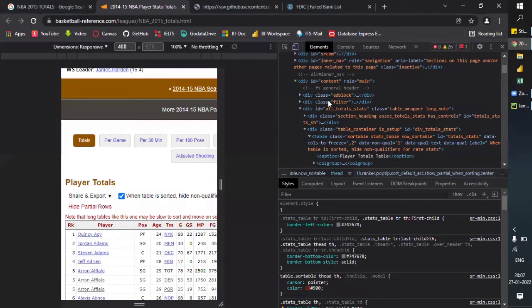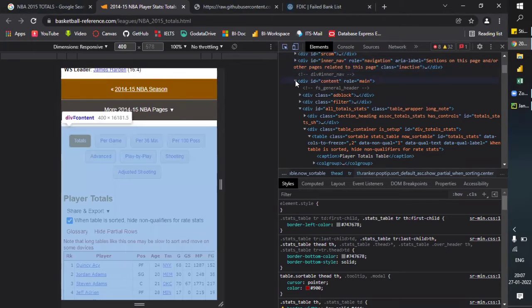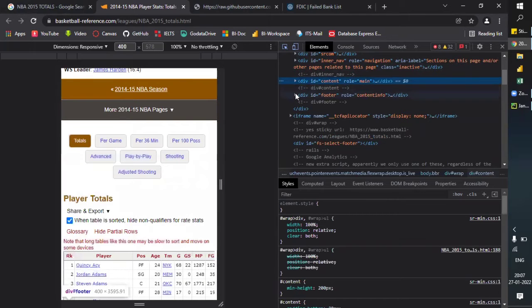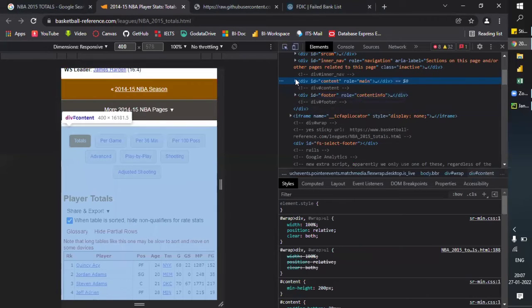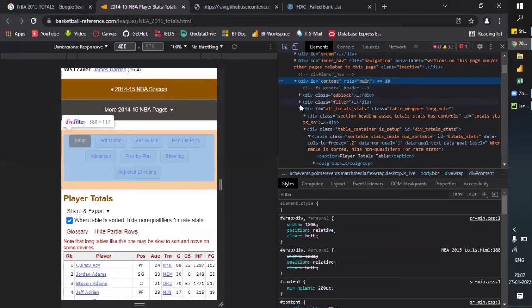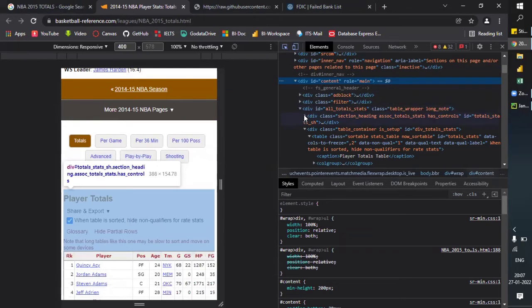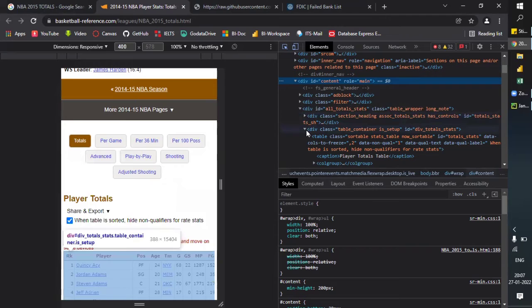Now let me search. Okay, this is not the part. Let me expand this. Come down a bit here. It should be up. This is the right one, I believe. And we are looking for table tag. You can see table, it's written there. So this is the starting. Okay, so wherever you get it, you can know that you are on the right track.